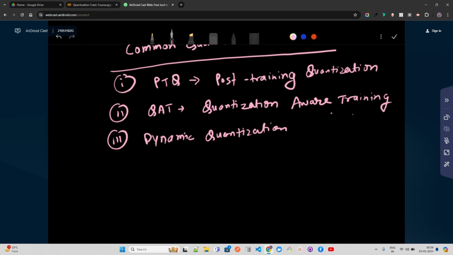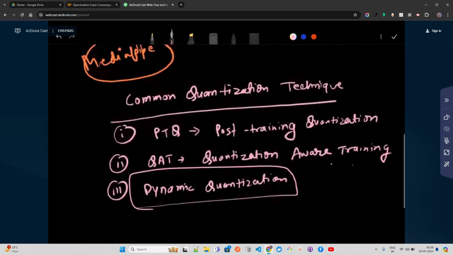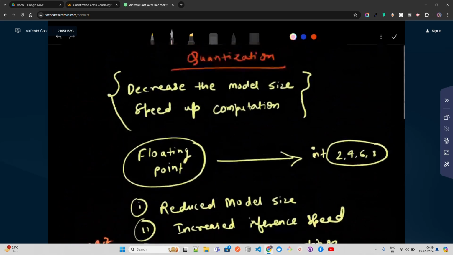And the last one is dynamic quantization. In dynamic quantization, weights are quantized beforehand, but activations are quantized on the fly during inference. I think this is one of the best ways to balance, so we're going to talk about it. Weights can be quantized beforehand, but activations are quantized on the fly. This method balances performance and the dynamic range of activations. This is a bit of theoretical knowledge, and we'll again come back to the theory in a bit as well.